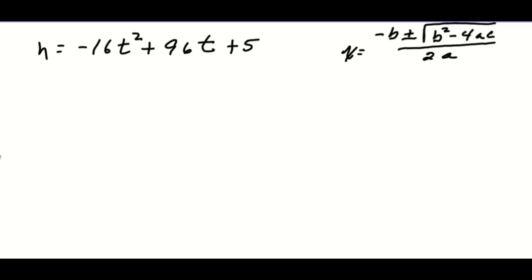All right, we don't know what the time is, but we do know the height. It says thrown up from a height of 5 feet. Okay, so we know the height,